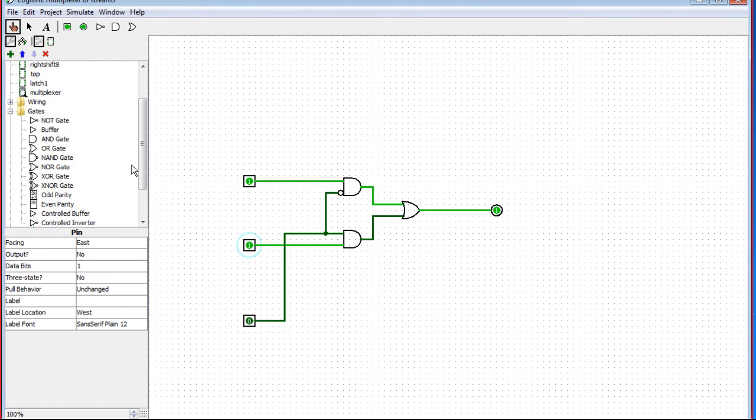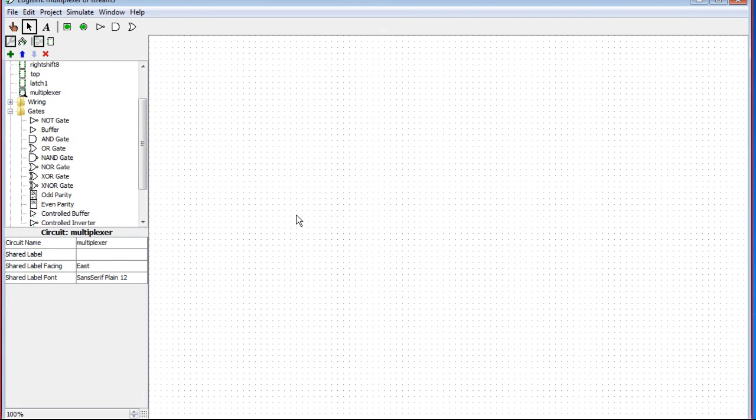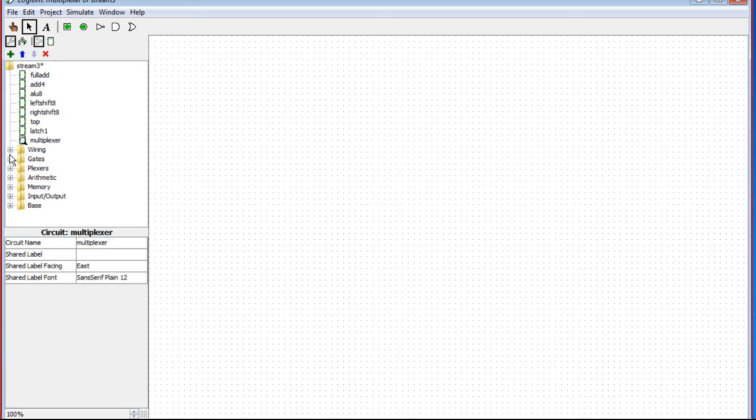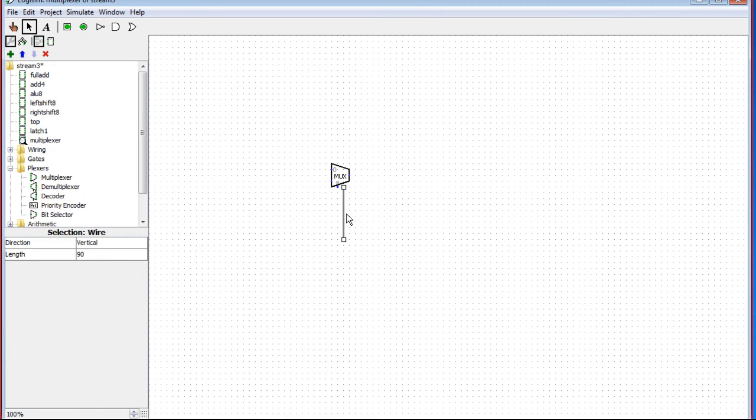And similar to our friend the encoder or decoder, we can go here, and you can go like this. Wait, which one is this? Oh, this multiplexer is kind of dumb. Here we go. What is that? We don't need that. Include enable? No. Ugh. I got the wrong one. Here we go. So what we can do is